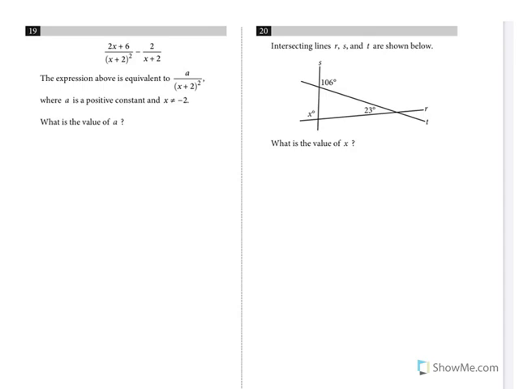All right, how do we proceed here? Well, looking at this, I see I have x plus 2 squared and then an x plus 2, and it's equivalent to x plus 2 squared. So that tells me my denominator everywhere through has to be x plus 2 squared. So 2x plus 6 divided by x plus 2 squared,